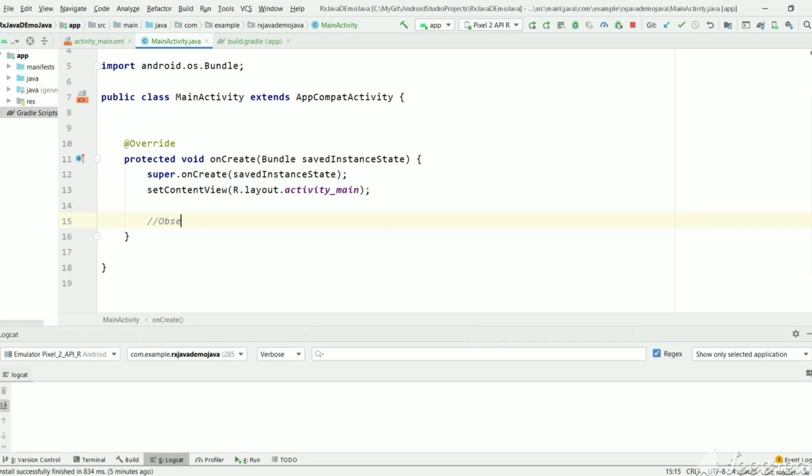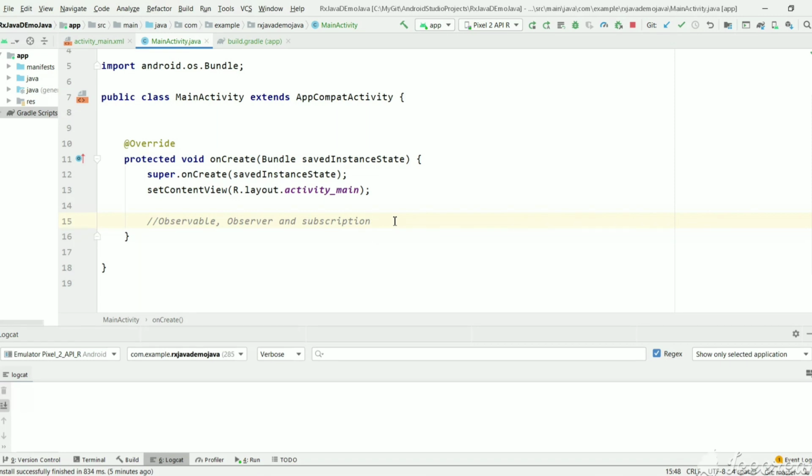So the main components are observable, observer, and the connection between those two is a subscription. So for every action there will be a reaction. So here the action is done by observable and the result of that action will be observed by the observer and it will do its action. So for connecting both observable and observer, we need to subscribe to the observable. Observer should subscribe to observable so that whatever result that action produces will be consumed by the observer, and it takes the next action whatever it wants to do.